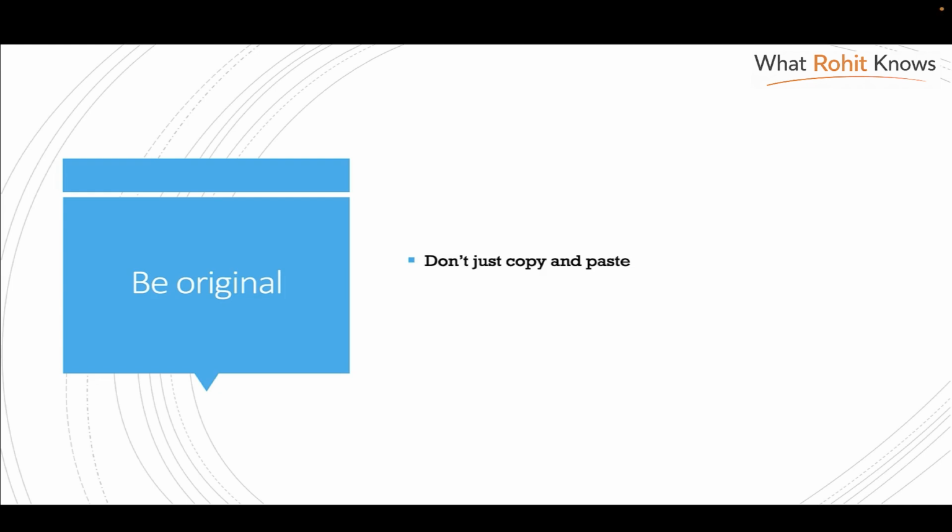Be original. Don't just copy and paste from the main text. That you take the sentences from the main text and then just add some conjunction between them and combine them. Please don't do that. Rephrase them. If you can't be totally original, then rephrase them. But ideally, the goal should be that you express it originally in your own way, okay?